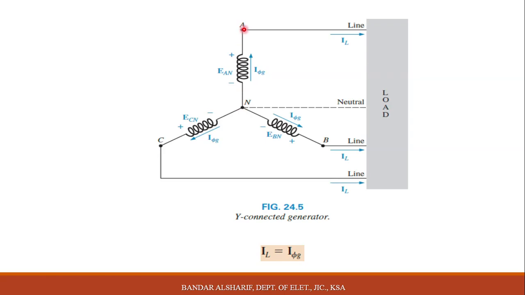and the other terminal for each phase goes to the load. We will consider this as the source. Okay, as it's written here, Y connected generator. This is the load. Then we will talk about whether it is connected as Y connection or delta, but we will explain here some information about the three-phase system, and the voltage value and current value, because we have a three-phase system, we have two types of current and two types of voltage. We will see it